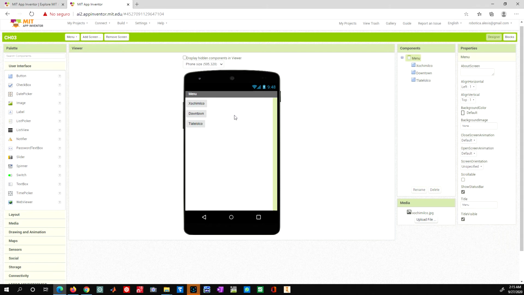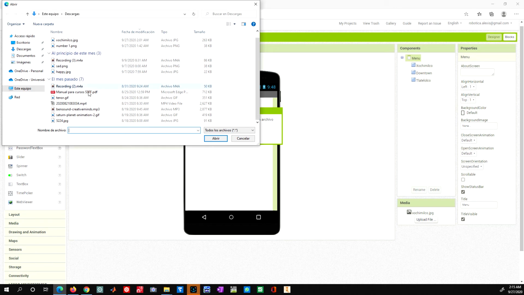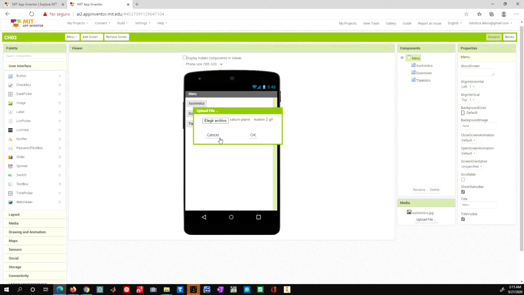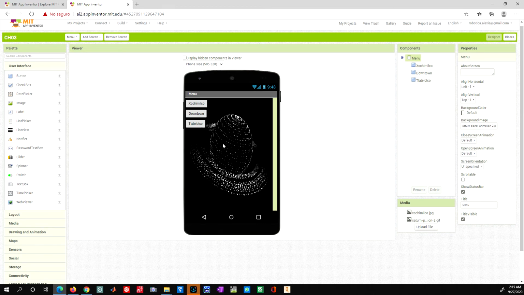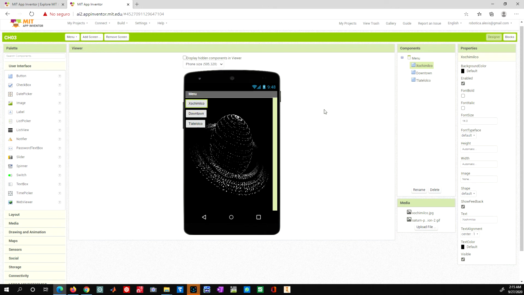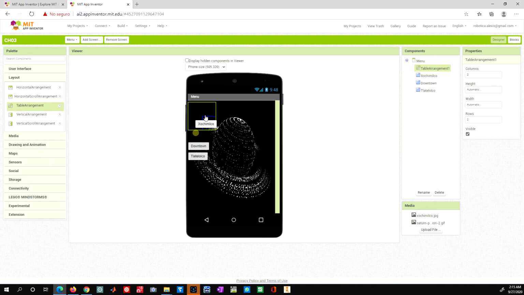Okay, I'm going to change this because I don't want you to deliver something like this, something this boring. So this time I'm going to include this animation as my background. Very cool, right? And I want to change the position of my buttons, so I use again my layout tool